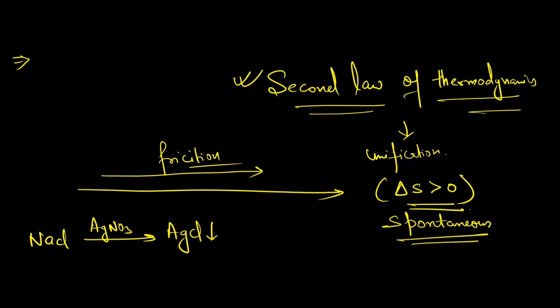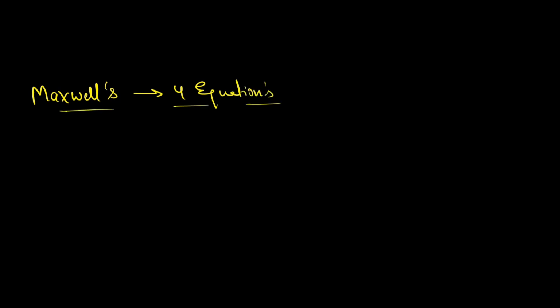Maxwell has given four equations, and with each equation he has released a branch of physics. One equation says that complete electrostatics